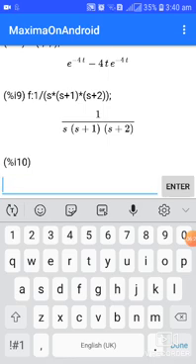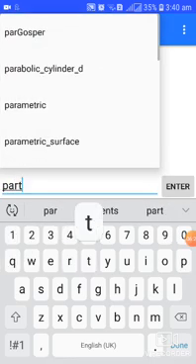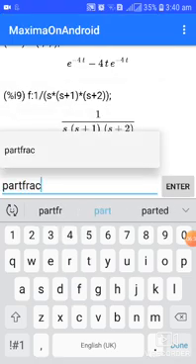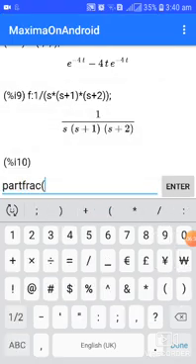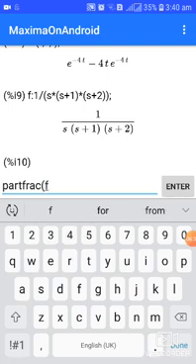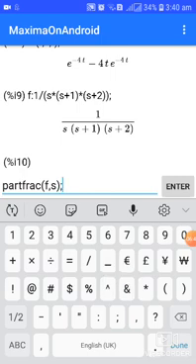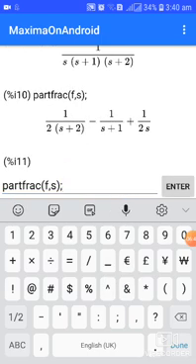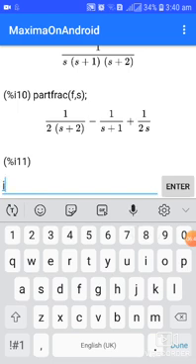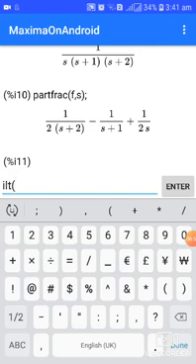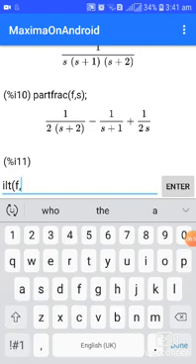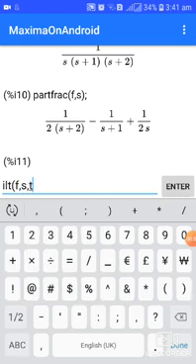Then to find the partial fraction, the command is partfrac of function is f. It is in variable s. Then enter that. Then after getting partial fraction, we can find out inverse Laplace transform of f comma s comma t.